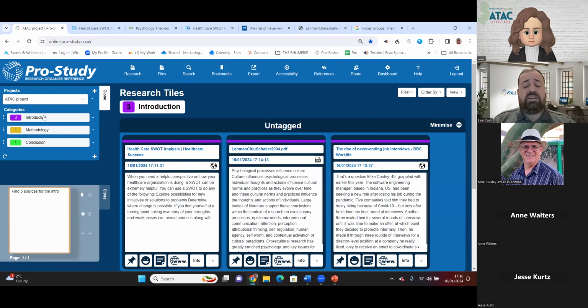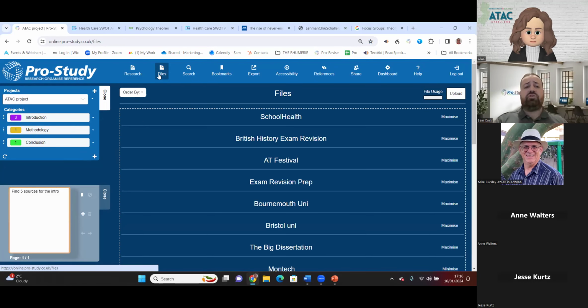So far we've looked at collecting from the web, which is where obviously the majority of our research might be. But if we've been emailed handouts of information, or downloaded files, we can collect from them as well. So we have the files button on the dashboard up here. So you just have to bring the files in that you want to collect from. So in this section, you can upload,